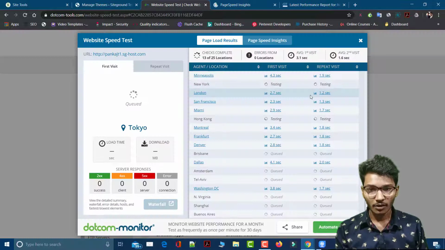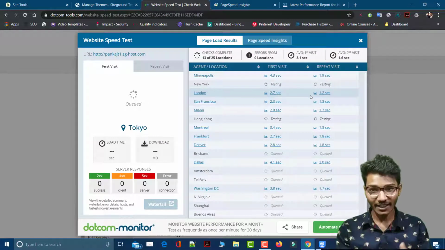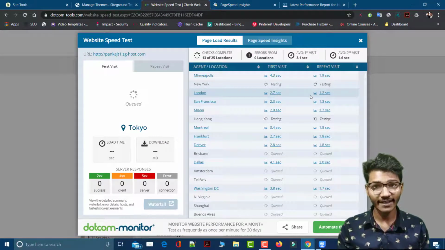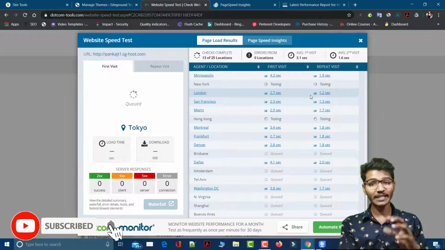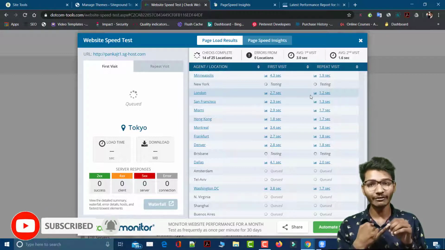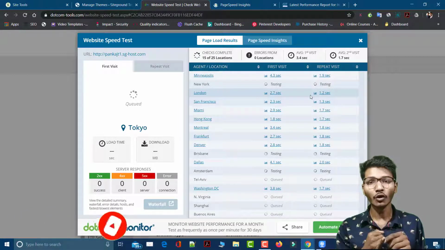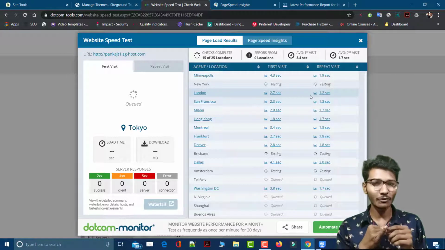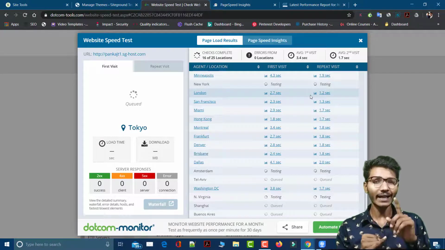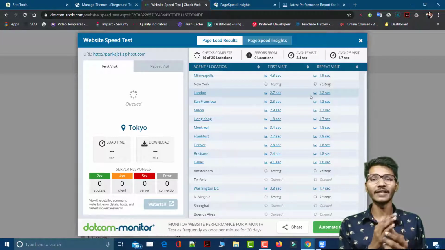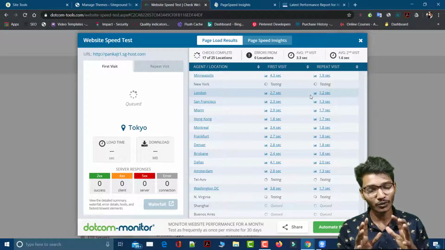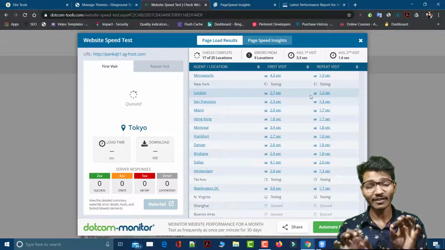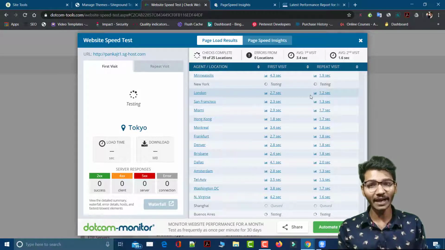So from these speed tests, I think you are able to understand how SiteGround web hosting works. But wait, don't think that this is the final speed of your site. This speed depends on your content delivery network, your website quality, meaning your theme quality and your plugin quality. And there is a myth about plugins. Many developers think that if you have a lot of plugins, your site is going to be slow. No, it's not. It's not the quantity of plugins that matters for speed.